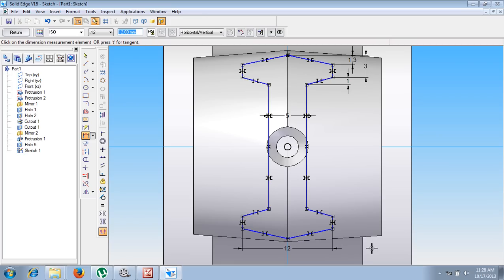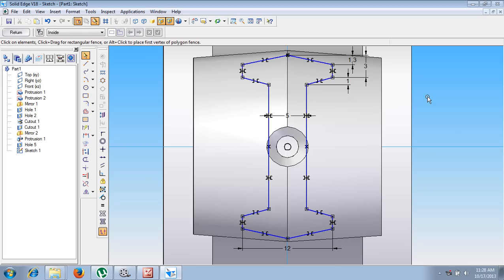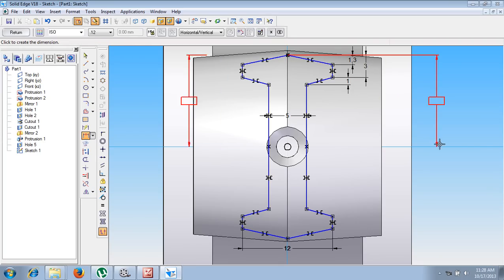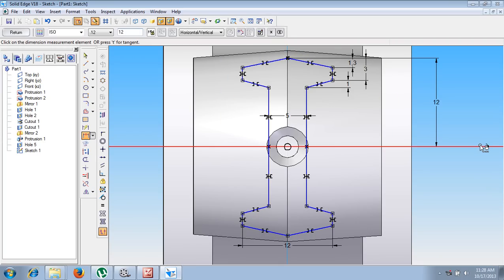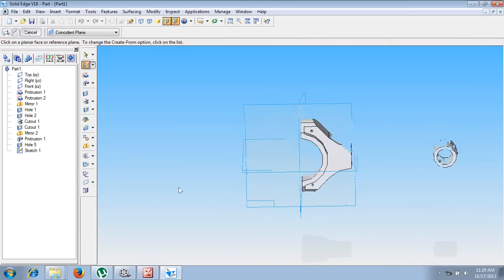Now we have done the proper sketches. After that, press Ctrl A, that means select all, then go for copy. Just copy this sketch from here. After copying, make use of a command called distance between. The distance between this point and this line is supposed to be 12 millimeter. Once we have given this 12 millimeter, we have done the sketching as per the requirements. Then let me say return, let me say finish.